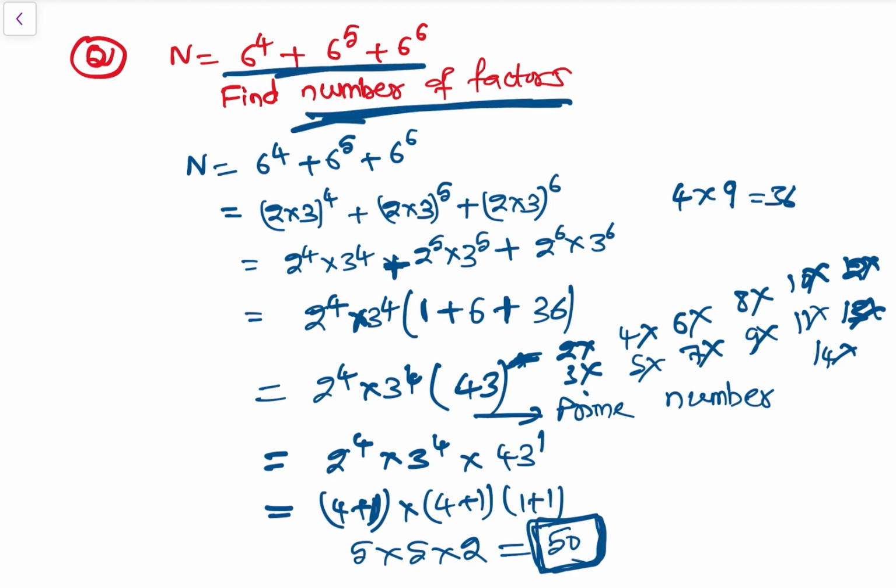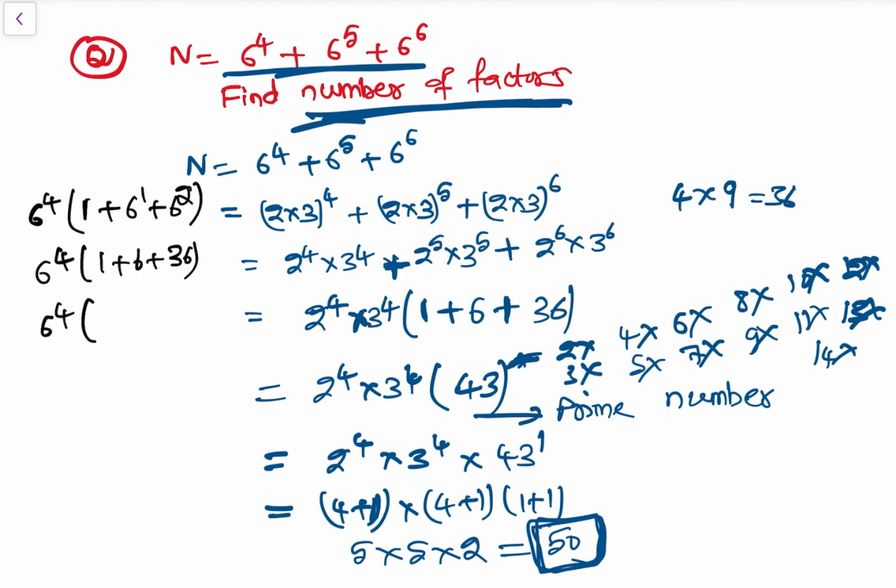So अगर ऐसा नहीं है तो simply what you can do is you can just 6 to the power 4 को common ले लो, ठीक है. So that would be 1 plus 6 to the power 1 plus 6 square, ठीक है, that is 6 to the power 4 into 1 plus 6 plus 36, ठीक है, that is 6 to the power 4 into 43, ठीक है. So 43 is a prime number, so 6 to the power 4 can be written as 2 3 into 4 into 43, so that is 2 to the power 4 into 3 to the power 4 into 43